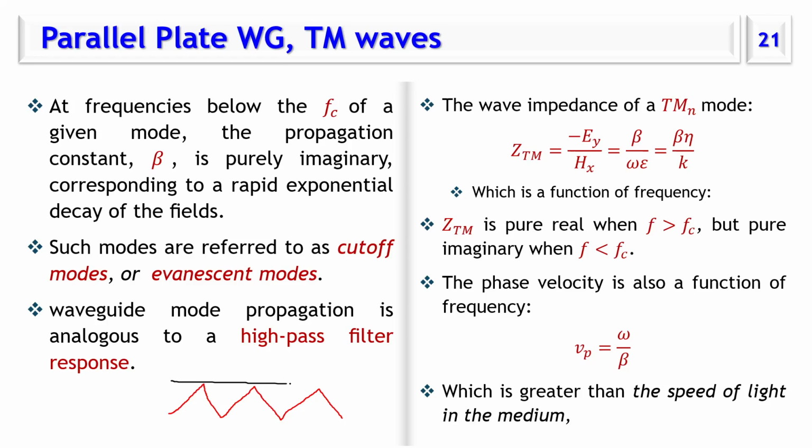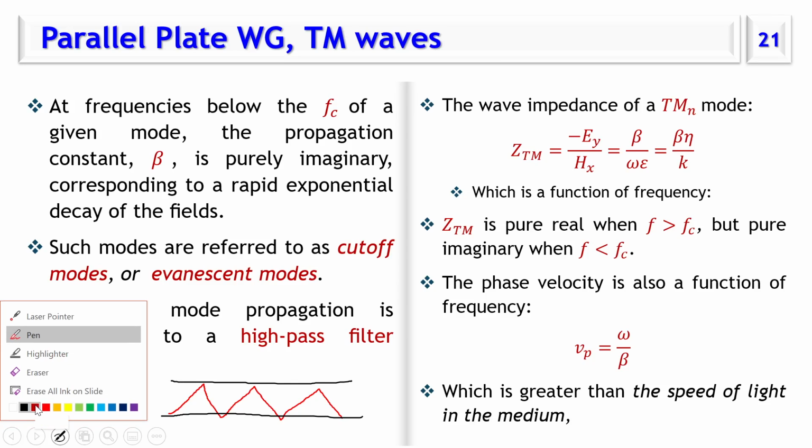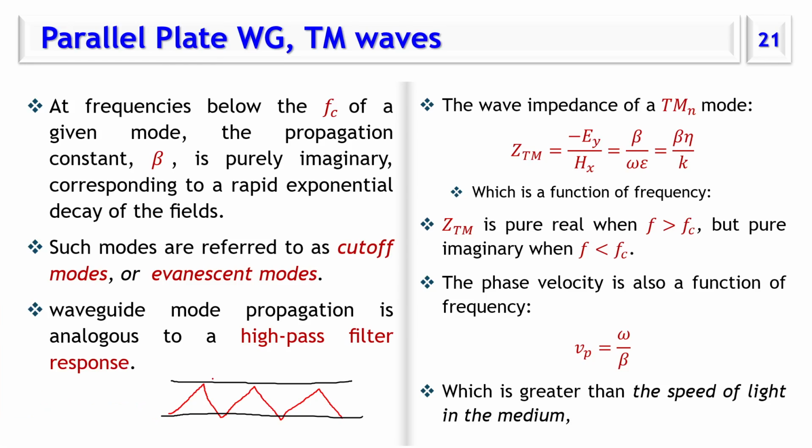So if this is the z direction, it's as if we have a wave propagating like this. So the wave travels a longer distance along its direction of propagation than z. When we calculate the phase velocity along,